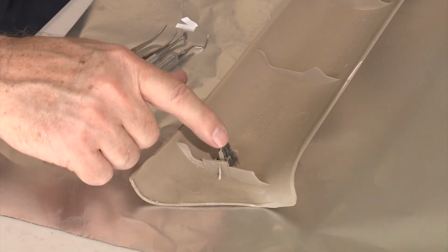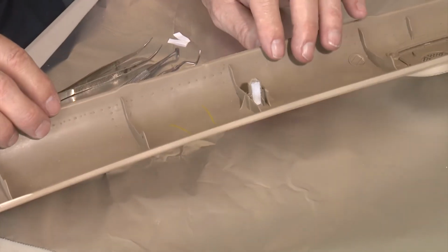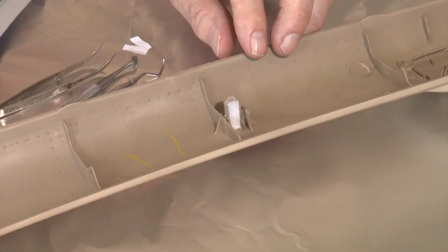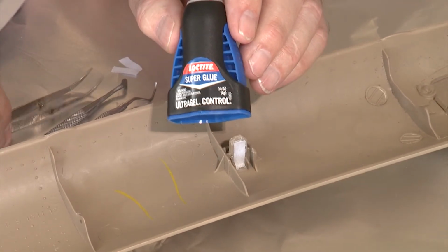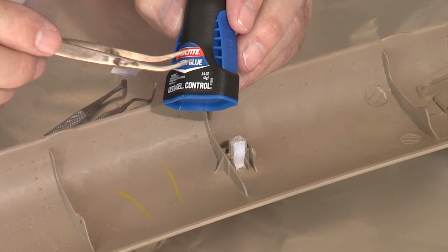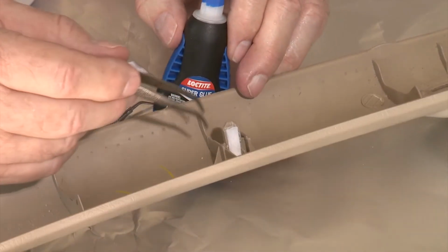So the way we're going to fix this time is with a paper fix. That may seem a little weird, but all the paper is doing is providing a structure for super glue. And you want to use this particular super glue. You want to be sure that it's an ultra gel control. There are other versions other than Loctite, but I like the Loctite a lot. So what you do is you